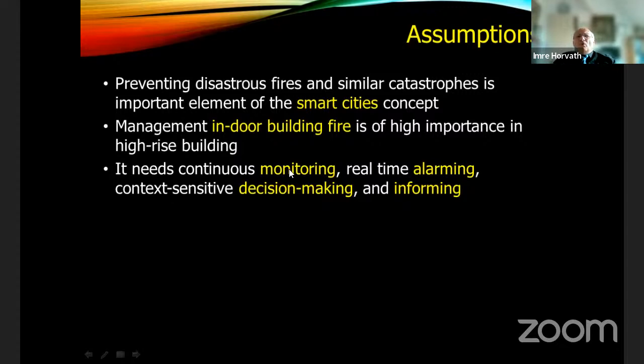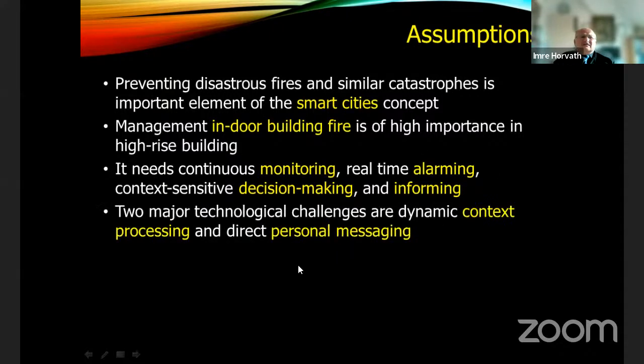It needs continuous monitoring, real-time alarming, context-sensitive decision-making, and informing. This was the third major assumption. And these are all functions, as you can recall, of cyber-physical systems. The two major technological challenges were dynamic context processing, because the fire was supposed to proliferate, and the people are running up and down, and the building parts may collapse or become dangerous. And obviously, the people should be informed somehow what to do in this situation,